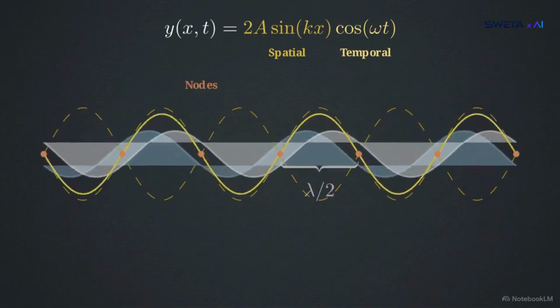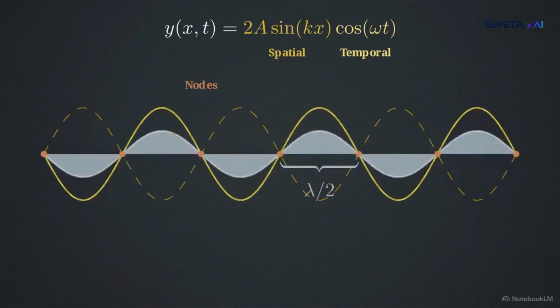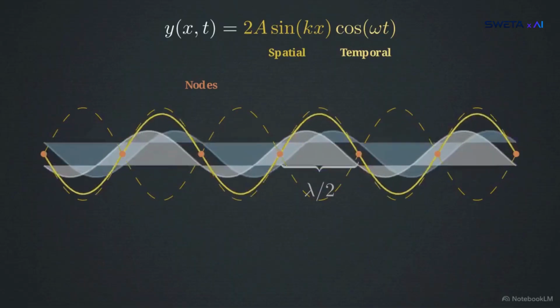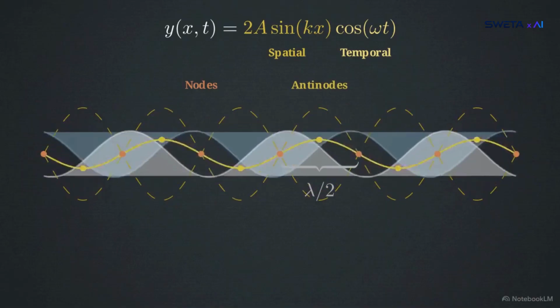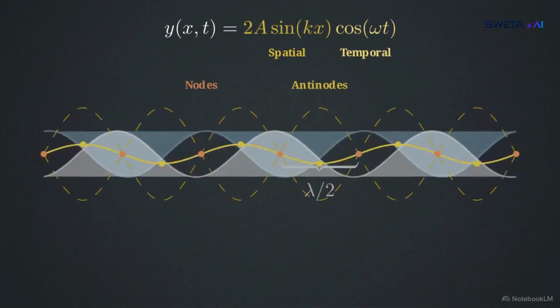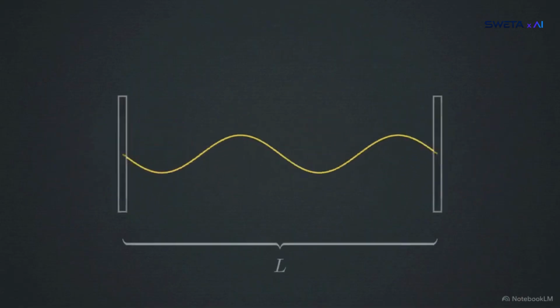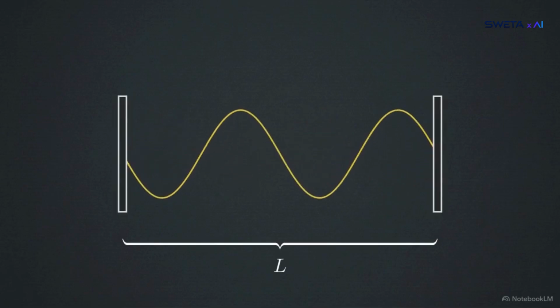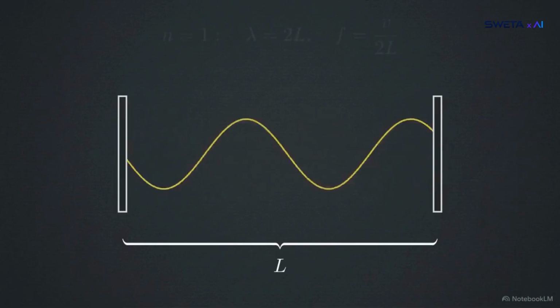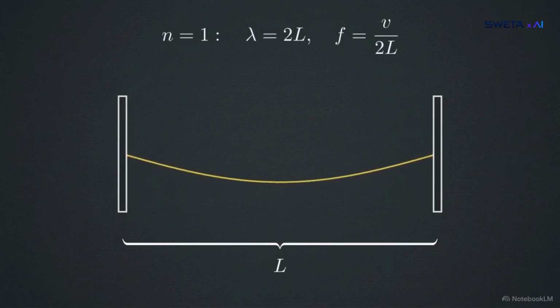points of permanent zero displacement and zero amplitude, spaced exactly half a wavelength apart. Between these nodes are the antinodes, the points of maximum displacement. On a string tied at both ends, the physical boundaries force nodes to exist at the absolute edges of the medium. This constraint restricts the string to allowed wavelengths, where the length L must accommodate an integer number of half